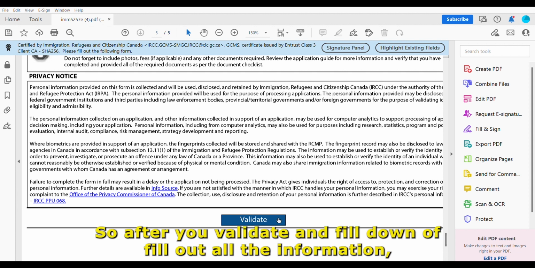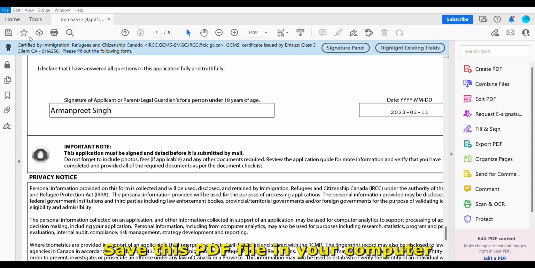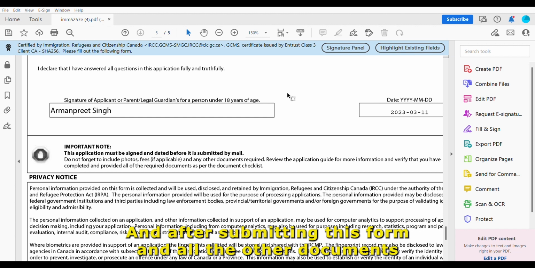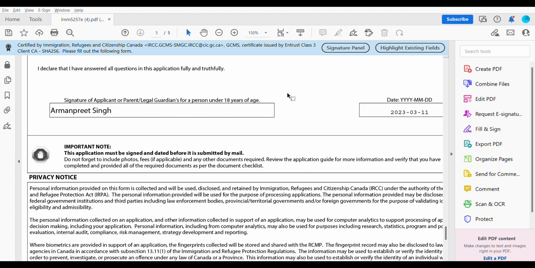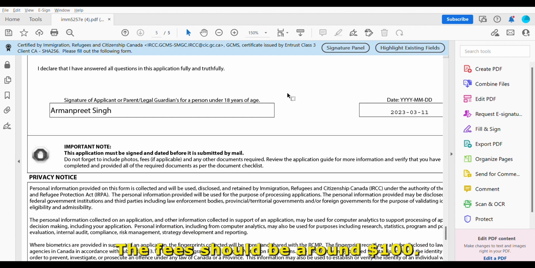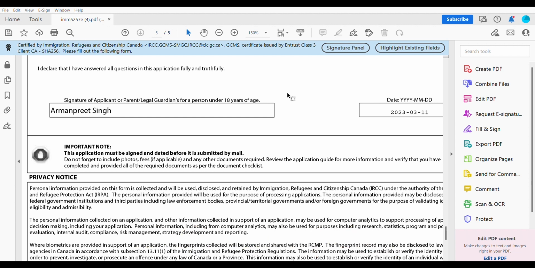So after you validate and fill out all the information, you go to File and save this PDF file in your computer, and then upload it to your application that we just filled. And after submitting this form and all the other documents to submit the application, then you will continue towards paying the fees. The fees should be around $100. So after you pay the fees and submit your application,